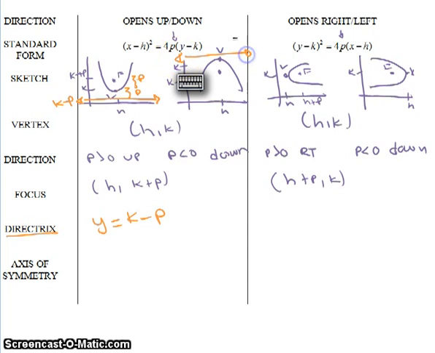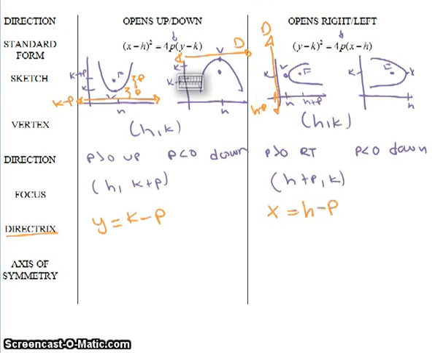your directrix would be out here, labeled with a D, and you went over h to get to your vertex, and instead of going h plus p, you go h minus p. So this is h minus p, and it's a vertical line, so it goes to the x-axis at h minus